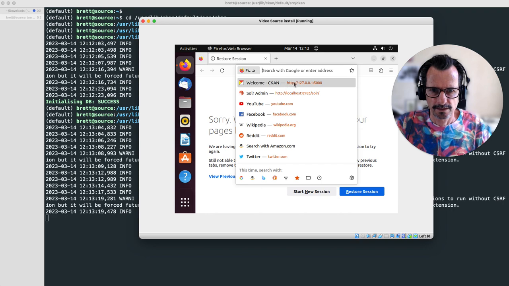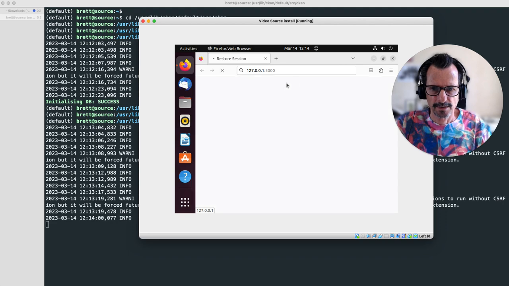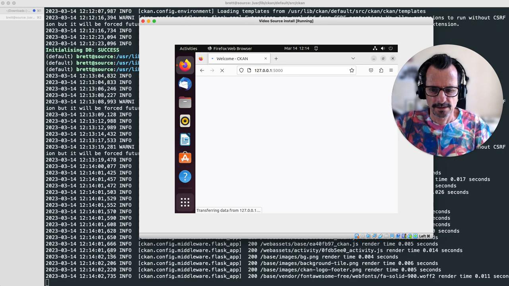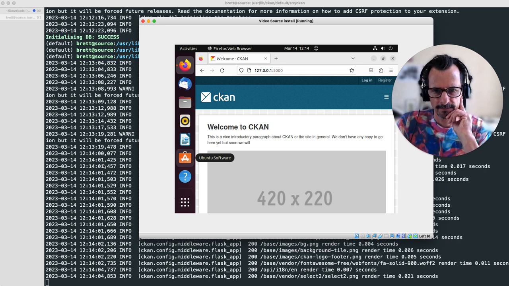You see I've already accessed that URL on this. You see we got logs coming through here, and we have it. We have CKAN installed. Now you could go and create a new user and log in, but I'm pretty happy that we have CKAN up and running